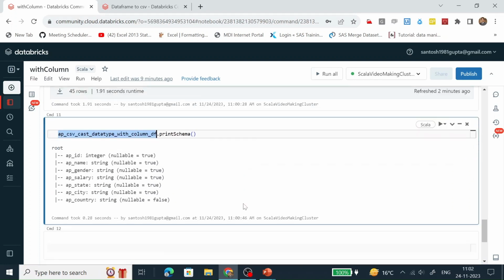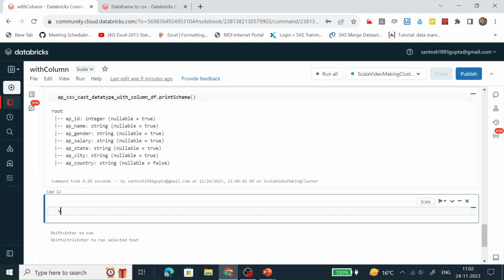Till here we have created this data frame. So let's create another data frame.